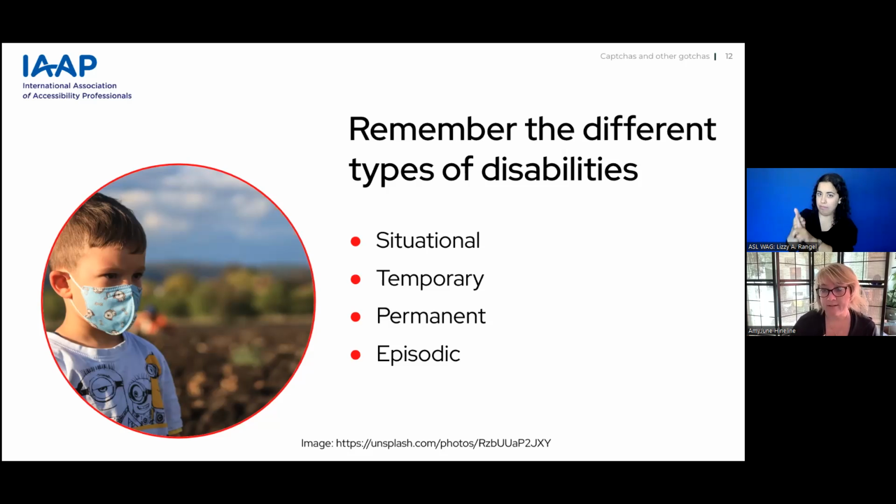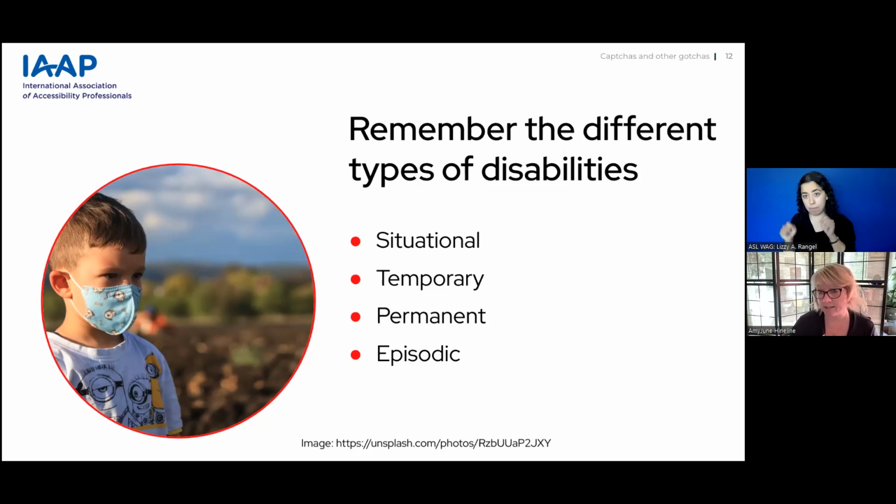And there's a new one. Well, not new, but a concept I only recently became aware of: episodic disabilities. These are lifelong conditions, things like HIV, cancer, Lyme disease, where some days are better than others. People living with episodic disabilities experience periods of fluctuating health. Their needs are not consistent. As a reminder, depression can be episodic.